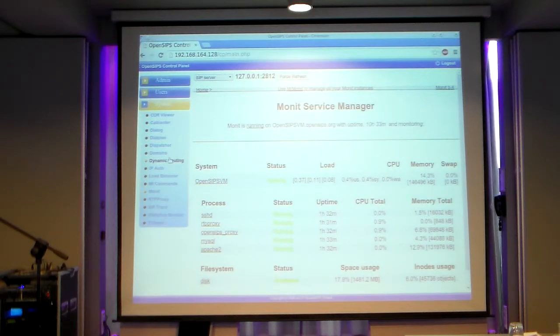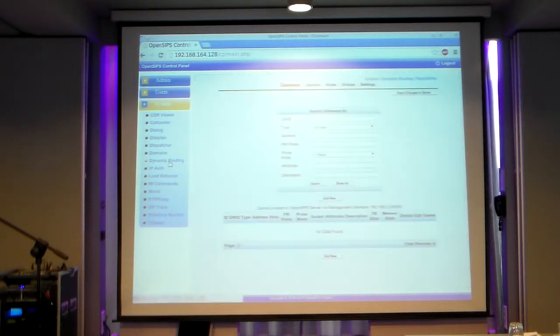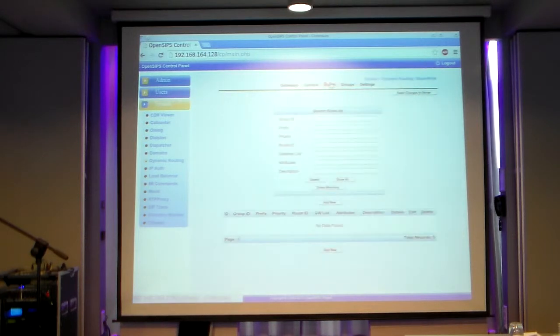Also, for example, as I said before, let's say you add a new rule or something. There's an error. You see there's an error here because the second box I added actually does not exist, okay? So the module tells you already it cannot connect to it. So if you change something, add a new rule, okay? I don't know, you want to route your calls to PSTN, and you add a new rule. When you hit apply changes,